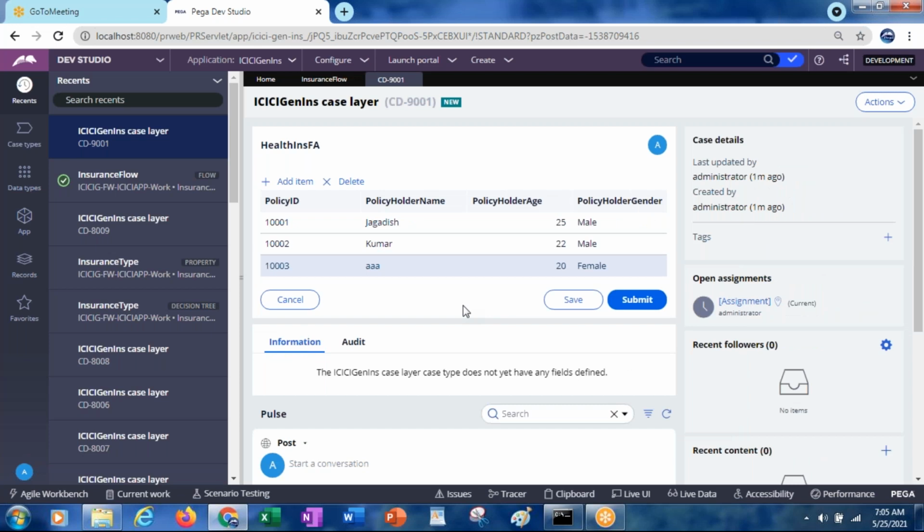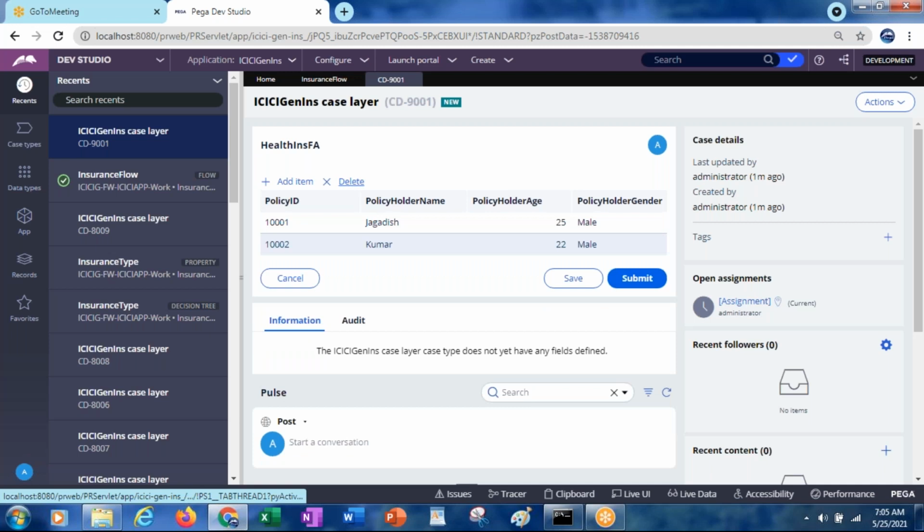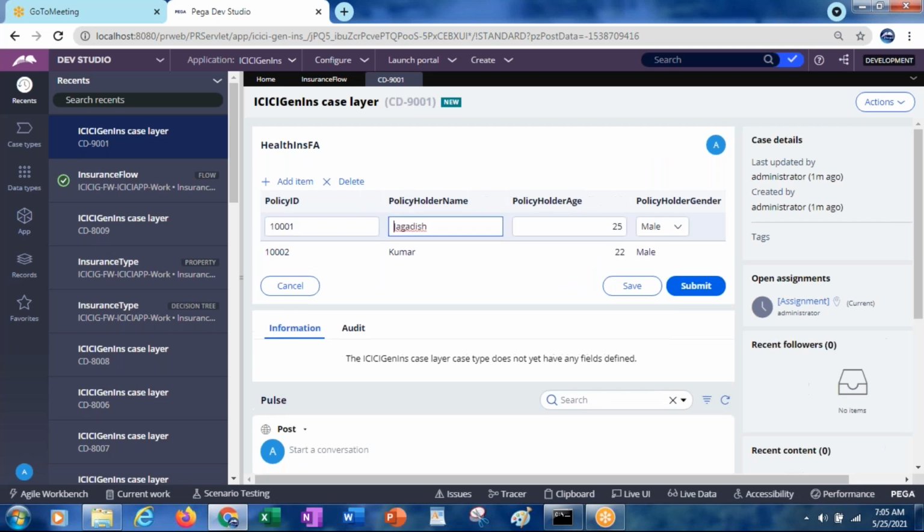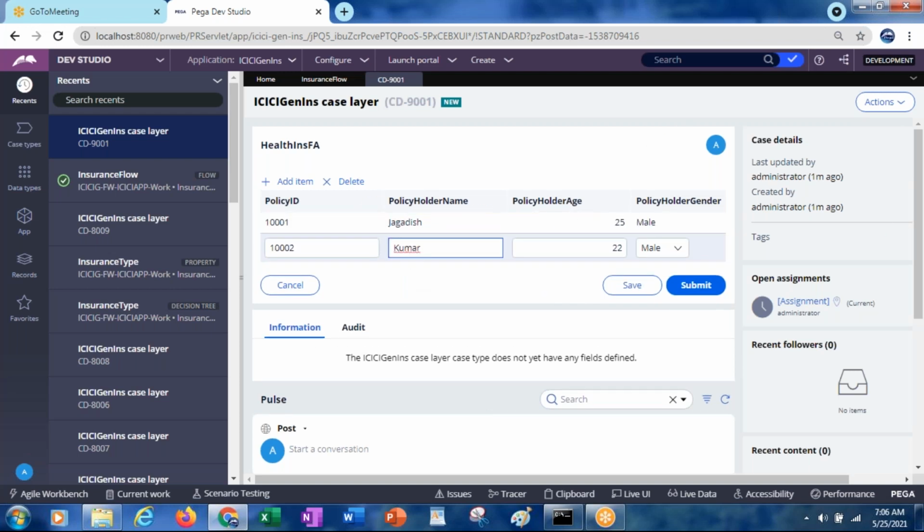And in case you don't want any of the records and want to delete it, select the record which you want to delete, just click on that and then press delete. Okay, in case you want to edit any of the records, just double click on that particular record. Then you can modify it. Then it goes into the editable mode. That row will be displayed in editable mode. Then you can edit it, see like this. Okay, like this you can change it and then you can submit it.